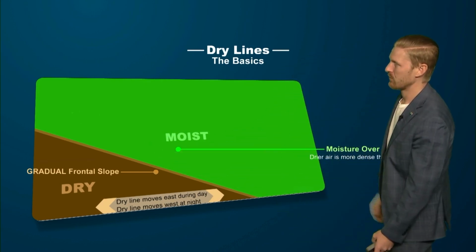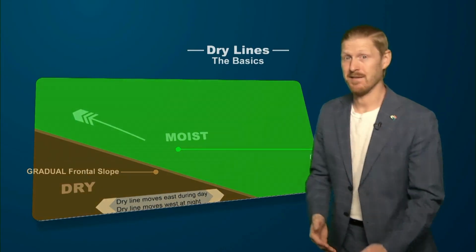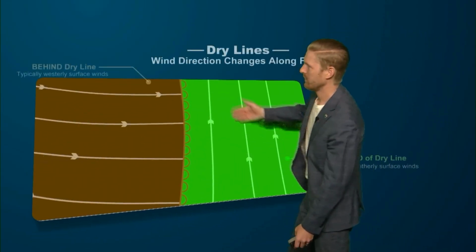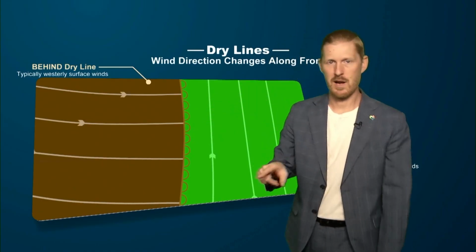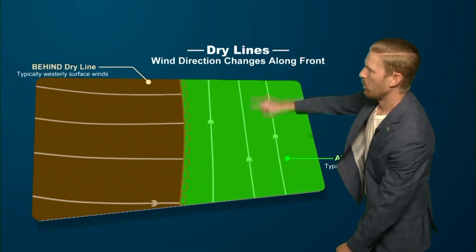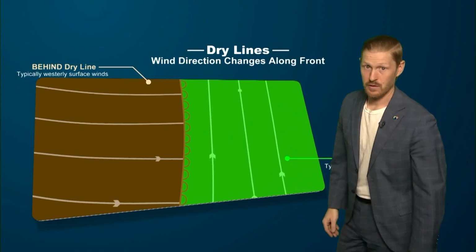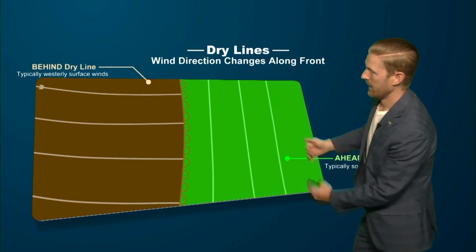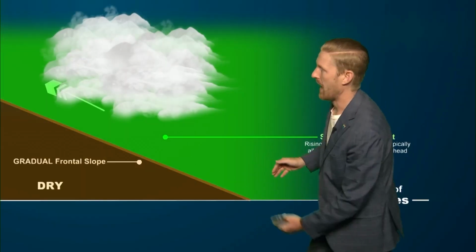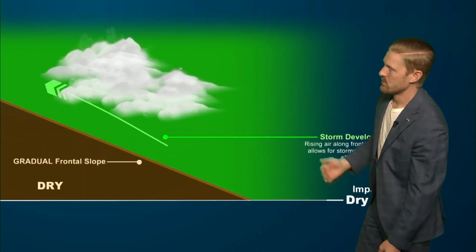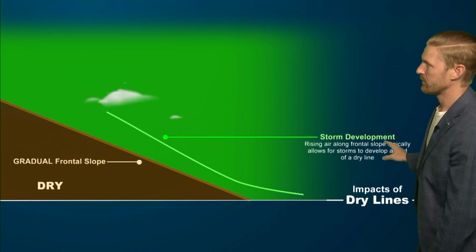So the dry line moves east during the day, and then the dry line moves west at night. What does that mean? Well, here's a look at it. You can see that dry line kind of looks like a brown warm front, if you will. But wind direction changes along that front more from the west, and during the day, it's out of the south. So it moves during the day, and then at night, when there's very little movement, it kind of retrogrades, moves back. But you can see the moisture, what it gives you is a little bit of rising air along that slope typically allows for storms to develop